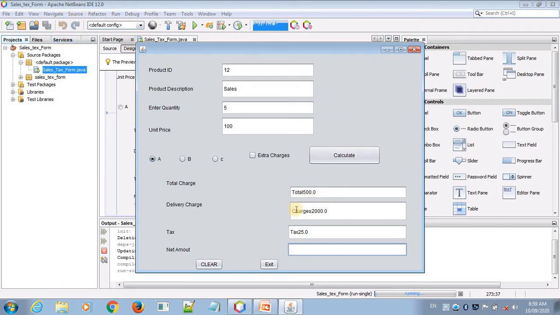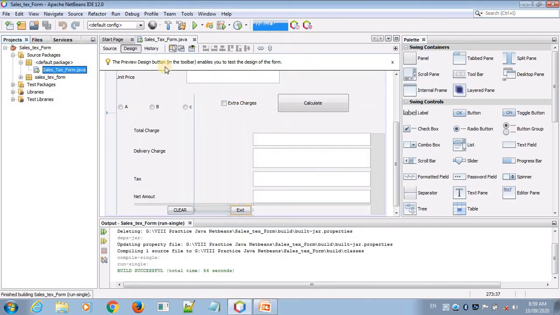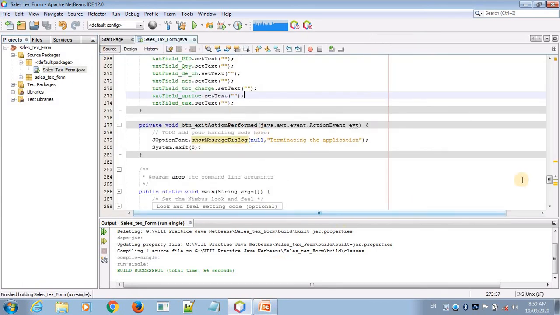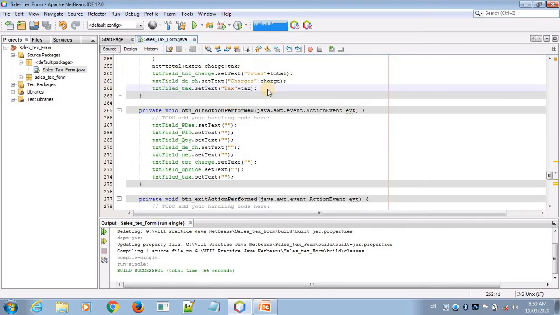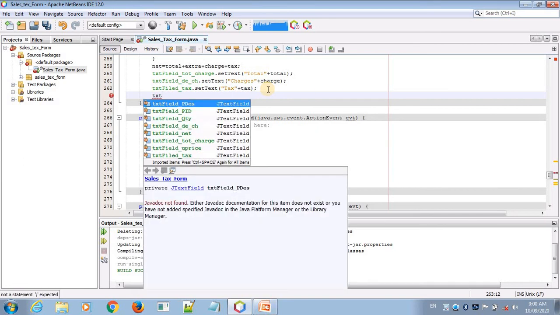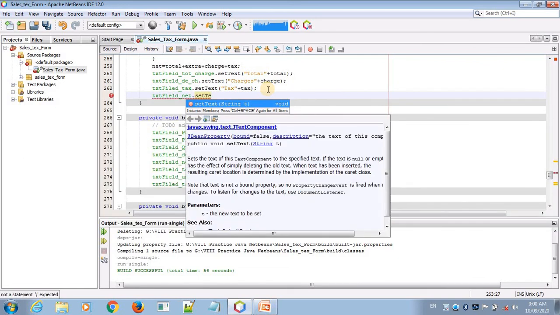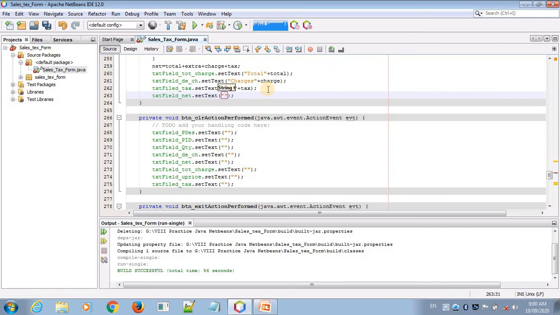Okay, so now if you click clear, all the fields are cleared, and if you click on the exit button, the terminate message will come first, terminating the application, so you can click OK. So we need to add this last net amount. So I am putting here the net amount: the text field net amount, where it is net amount, this is the net setText, and here net.